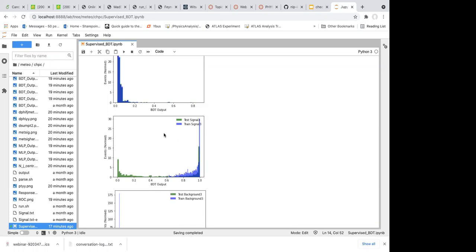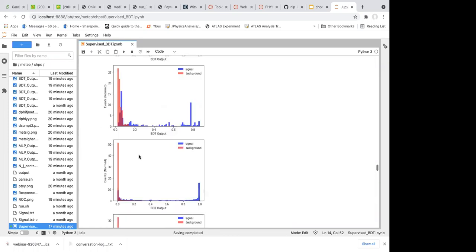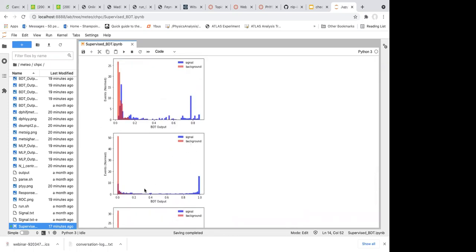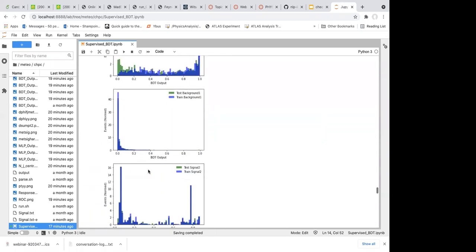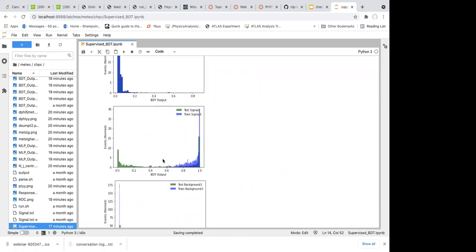So this tells you that even though you use the third method, which is very complicated and gives you a very good separation power, you remember if I scroll up that in this figure the signal-background separation is really very, very promising, very nice. But if you look at the generalization ability of the third method, you can see that a new random test sample can falsely categorize the signal events to the background side with 50% probability.